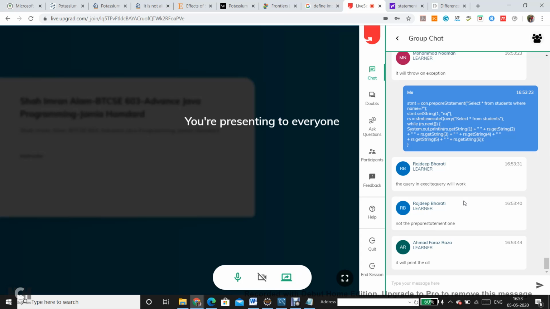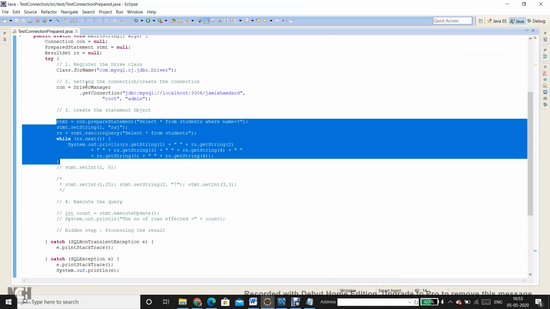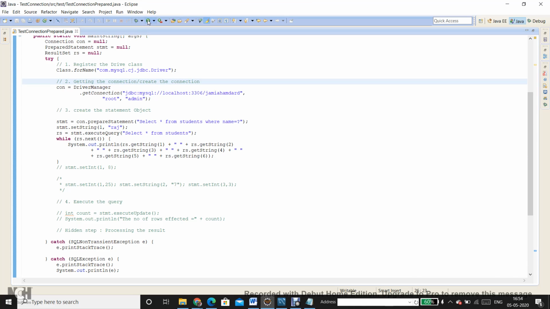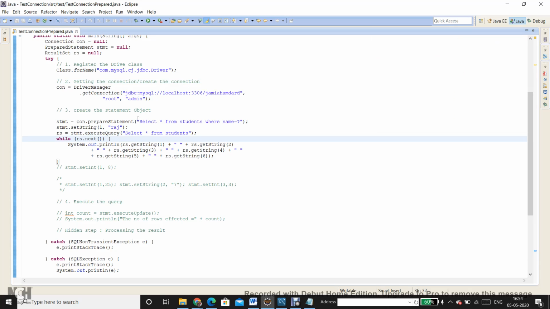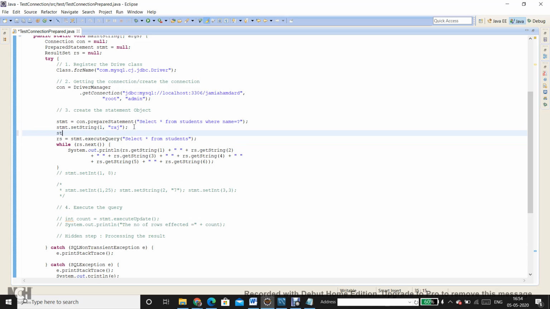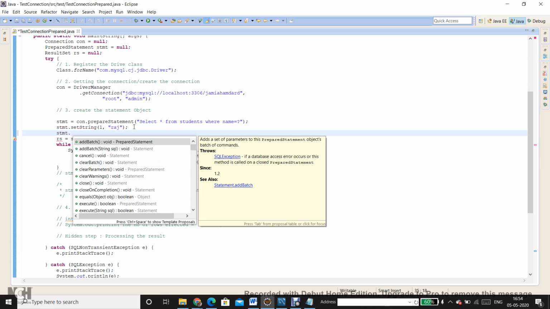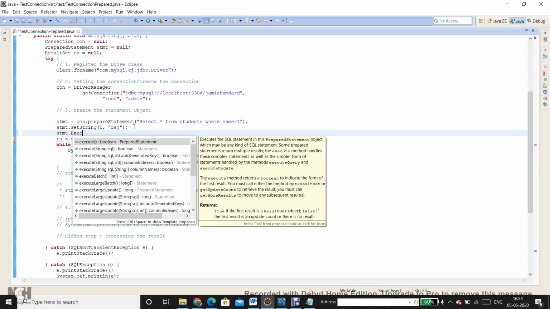So Ahmed Farah says it will print all. Let's try and let's see. So agreed. Although we have prepared the statement, we have never executed the prepared statement, because statement itself has the statement now, meaning the reference variable of the prepared statement interface, and when I say execute